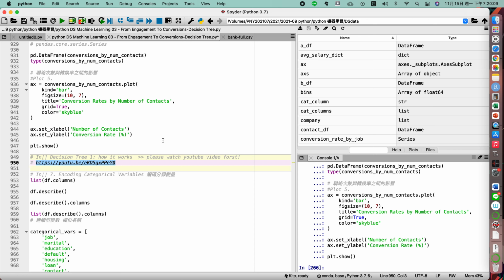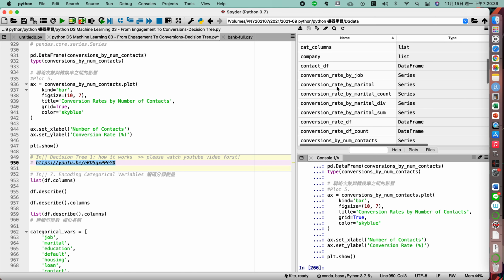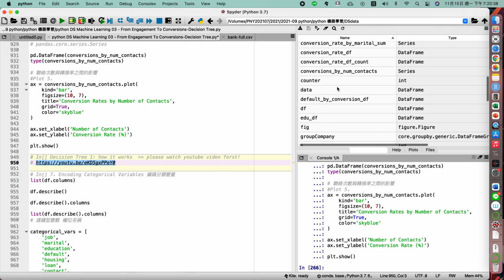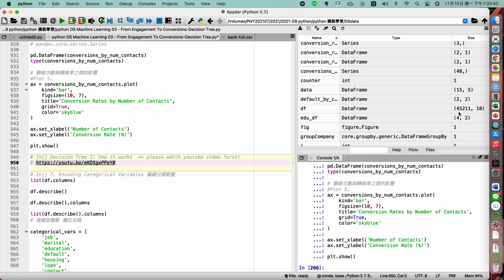Okay, so welcome back. You have watched the video talking about the theories of how to decide the decision tree, but there are only 14 records, right? But how about our data set? Our data set is more than, let me see, what about the data set for us? The data set for us is more than